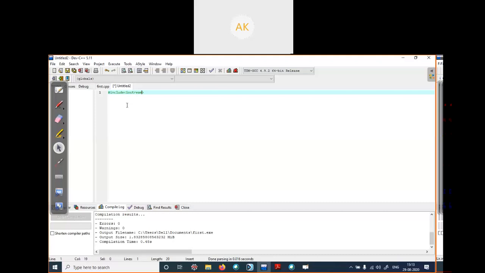Okay. In the same way as we include header files in a C program, studio.h or conio.h, in the C++ program you will include iostream, input output stream. Okay. Next line, write using namespace std.